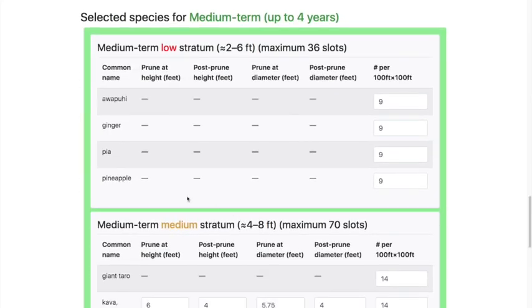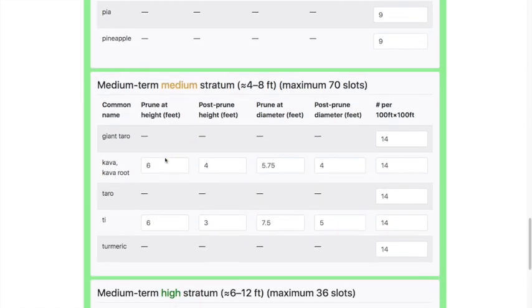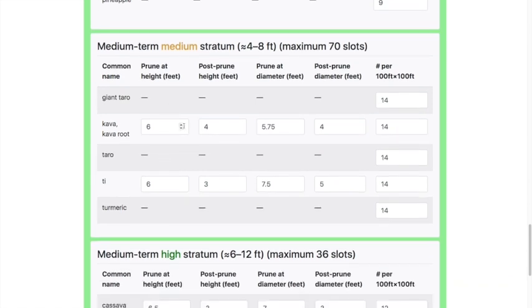Now, for the medium term, here, can't do anything. All we can do is change the numbers of individuals. This is due to the nature of these organisms. Similar things going on here. I'm going to let that get a little bit bigger. And, fine.